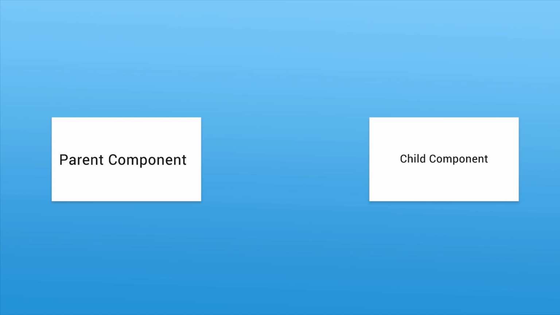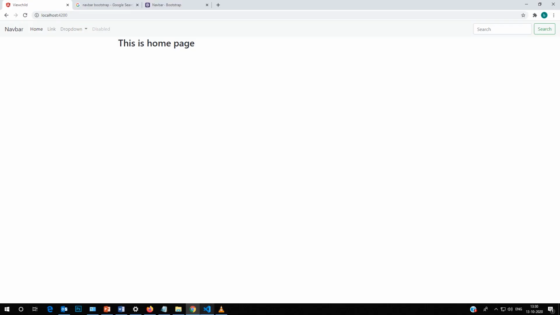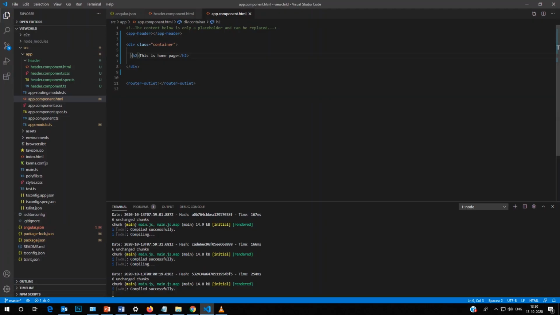If you want to change the behavior or the appearance of an element in your template from the component class, then you must get the reference of that element in Angular. We can get the reference of that element using ViewChild or ViewChildren. ViewChild is a decorator that creates a view or DOM query.